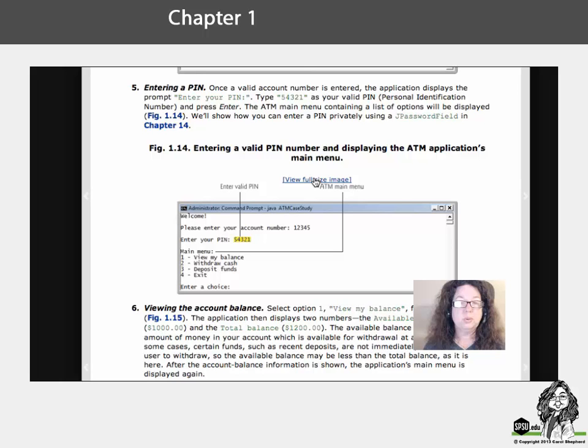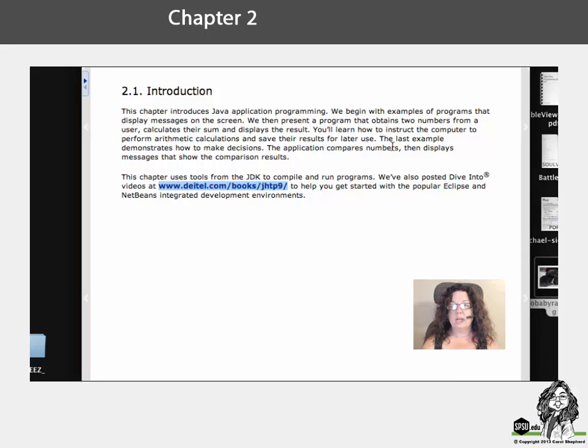And that's the end of Chapter 1. So Chapter 1 is very broad, but it gives you an overview of where you're going. Now let's move on to Chapter 2. So in Chapter 2,